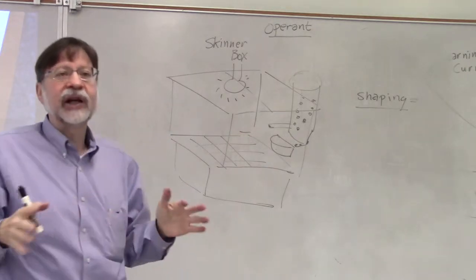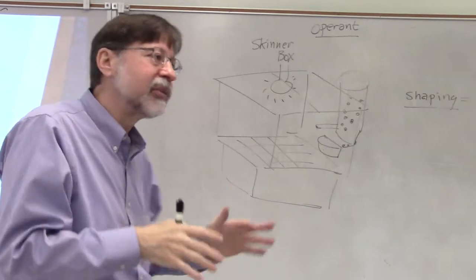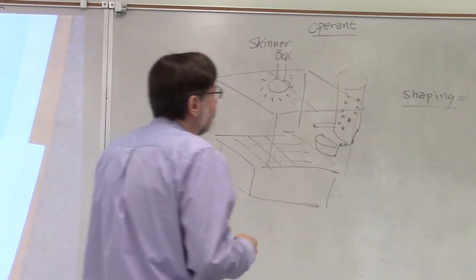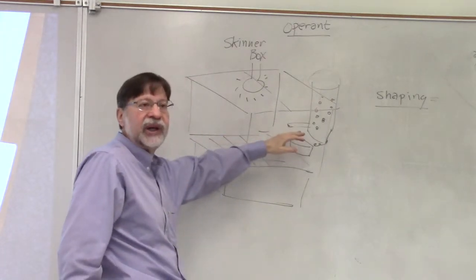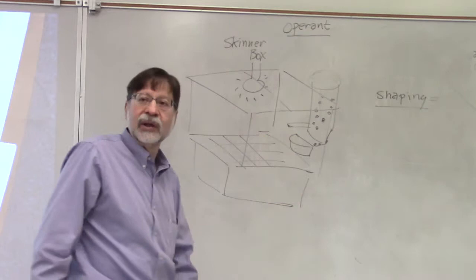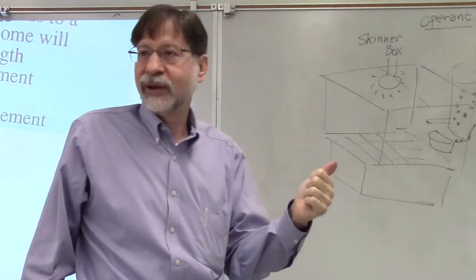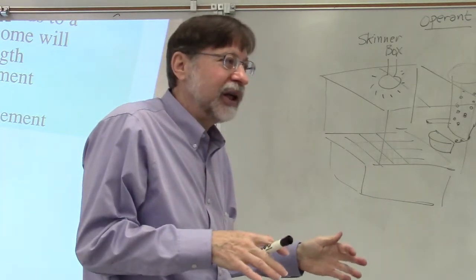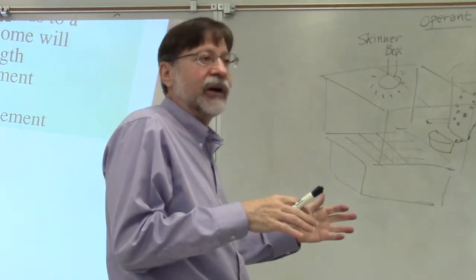The rat calms down, he becomes oriented to the box. Our job is to train the rat to press the bar. Now, shaping means reinforcing the animal for a series of successive approximations to the behavior you want. For the rat to be able to press the bar, it has to be close to the bar. So you want to reinforce the animal, it has to face the bar. It has to be close to the bar. So the first thing you do is you get it to face the bar and reinforce that.